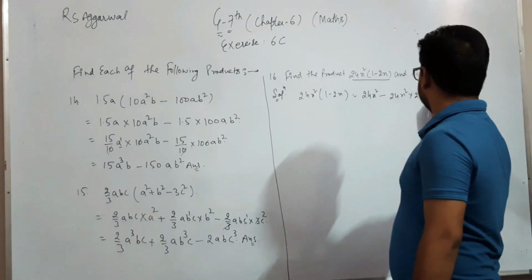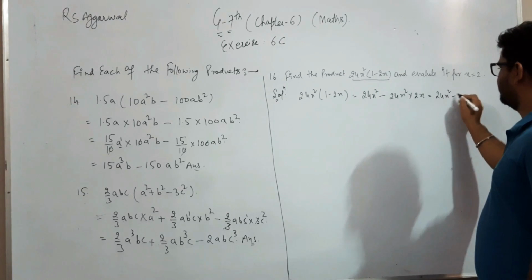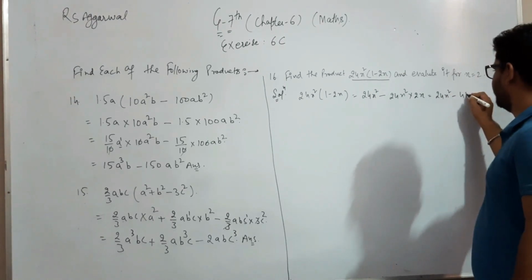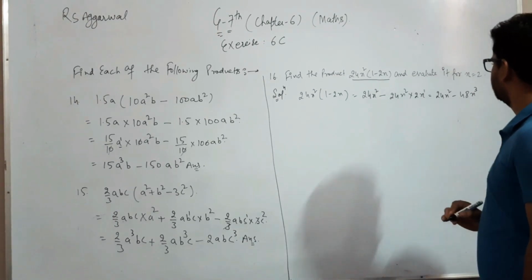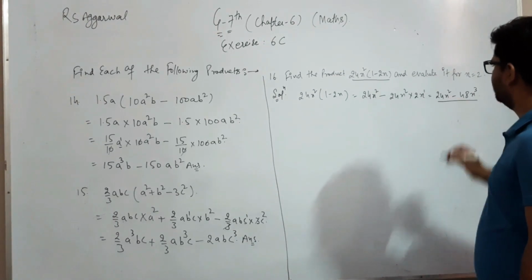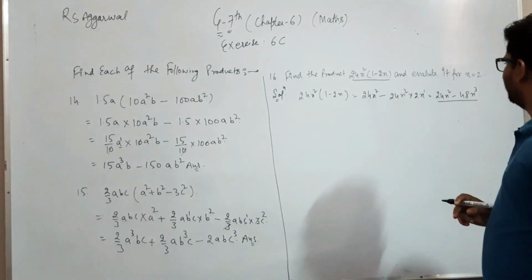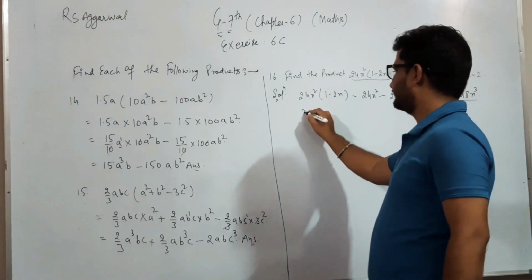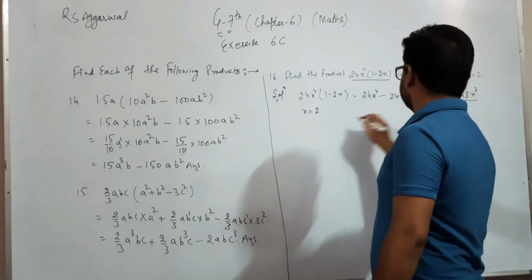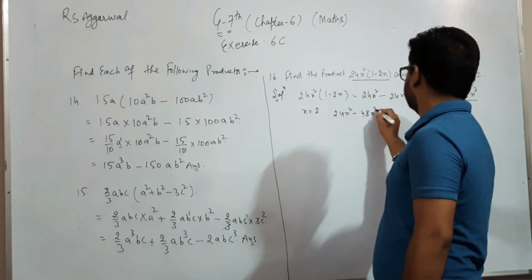Okay, so what the answer will be, this 24x raised to power 2 and minus 24 into 2 is 48, x raised to power 1 and 2, this is x raised to power 3. So this is what we get when we multiply this one with this whole bracket. So evaluate the answer when we put the value of x is 2 in this. So we put x is equal to 2 in this. So 24 x raised to power 2 minus 48 x raised to power 3.